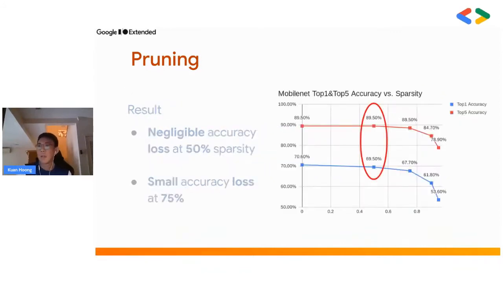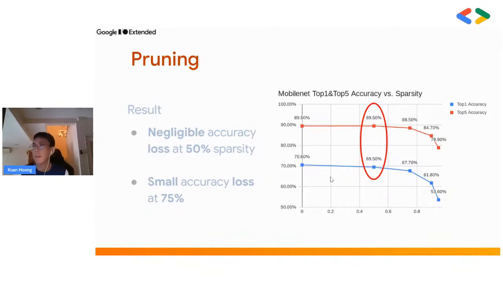Okay, so you might say, if I reduce the number of layers, what will happen to my accuracy? The accuracy is actually smaller, but you can see the result is 69 compared to 70. So you see the accuracy actually doesn't drop so much. It's quite negligible. So you can still have a model with a smaller file size